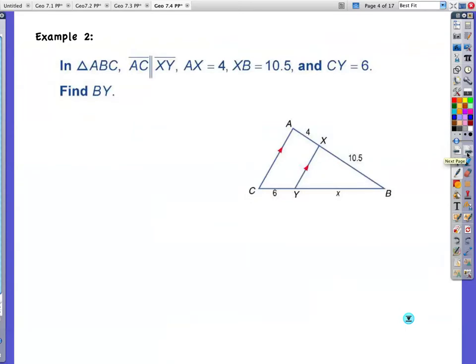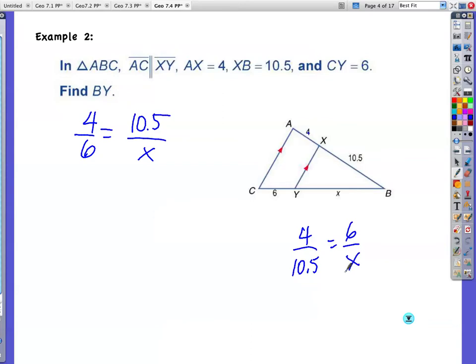Example 2, we have another triangle. They tell us that AC and XY are parallel. They've marked it on the triangle. They tell us AX is 4, XB is 10.5, CY is 6, and BY is X. So I'm going to say 4 is to 6 as 10.5 is to X. You could also say 4 over 10.5 is the same as 6 is to X. And there's about 2 other variations on the same thing, but if you cross multiply, either way, you are going to have